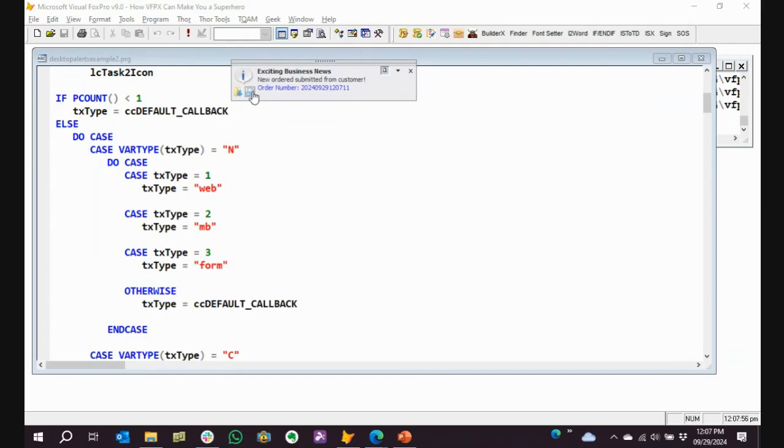Okay. So this is a kind of extension you can do with desktop alerts, and it provides your users something. What I like to do is replace all the wait windows in our system that are not in an intensive process. You don't want to be going in a tight loop and generating these alerts, because it will stack them up. I don't know what it'll do if it stacks them up. Kevin, do you know what it'll do if it stacks them up past the left side or right side of the screen? It'll move to the left and just keep going. You can fill up your entire screen.